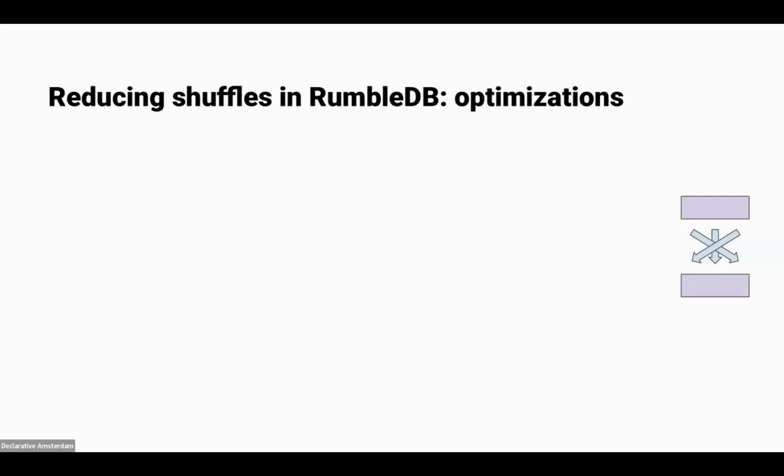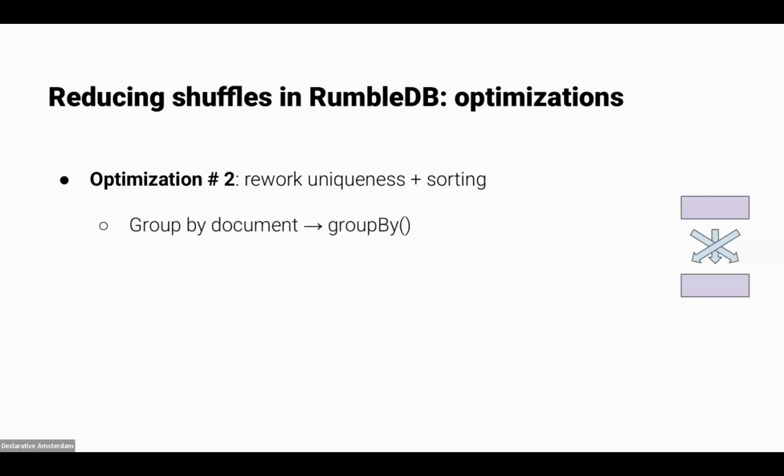With the second optimization instead, we redesigned the uniqueness and sorting mechanism. We first perform the sorting by grouping the tuples by document, which is mapped to a group by transformation. After the grouping, the resulting RDD would be partitioned by document across the cluster, which means that we can then